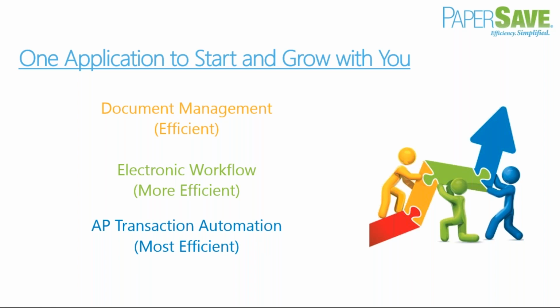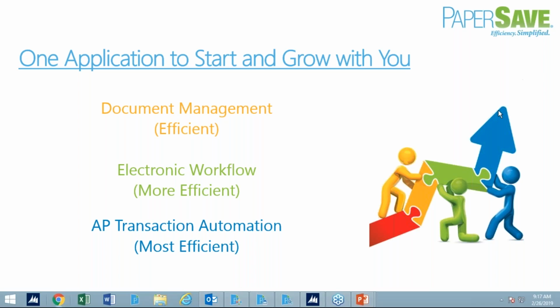So today we're going to go through all of that. PaperSave can address all of those needs: document management, workflow, and automation by the manual creation or the electronic creation of those